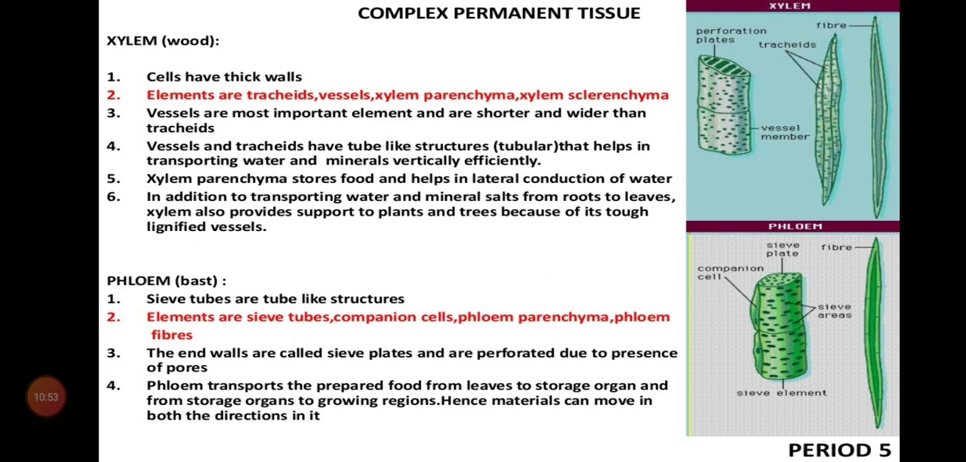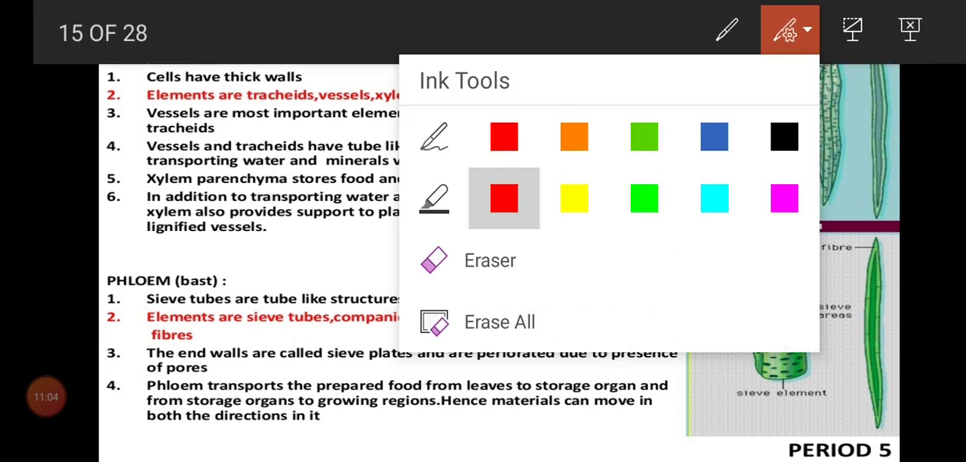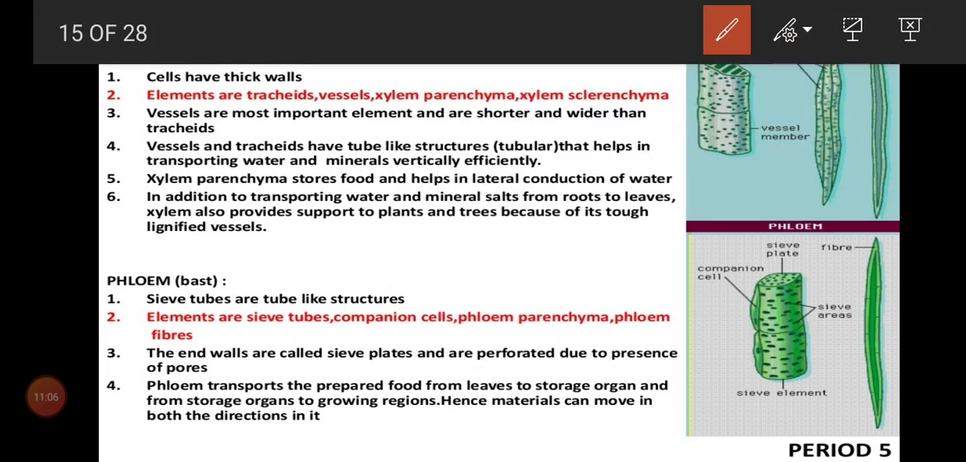Through that, only water can be transported throughout your plant body. And the remaining two are xylem parenchyma and xylem sclerenchyma. Xylem parenchyma is meant for storing food and helps in lateral conduction of water. So imagine now the vessel is conducting water in a vertical direction, and the xylem parenchyma will